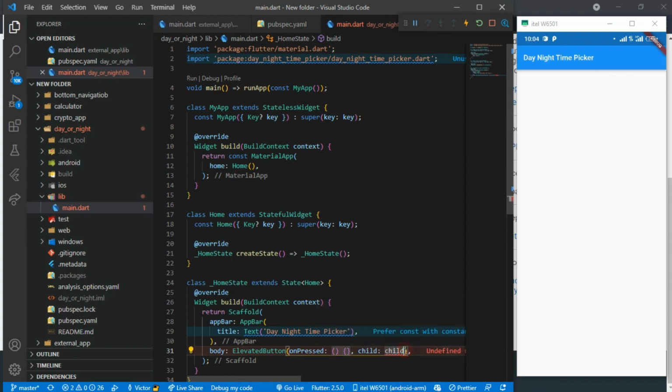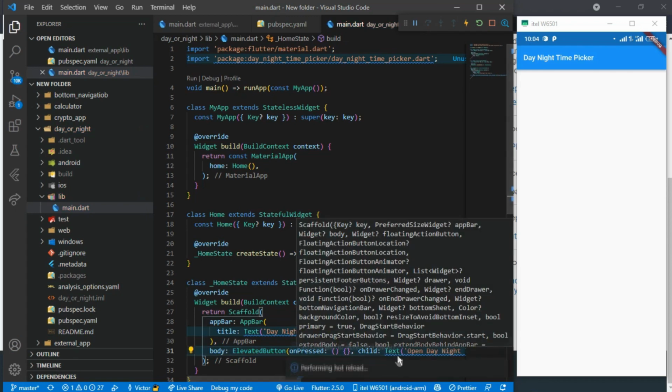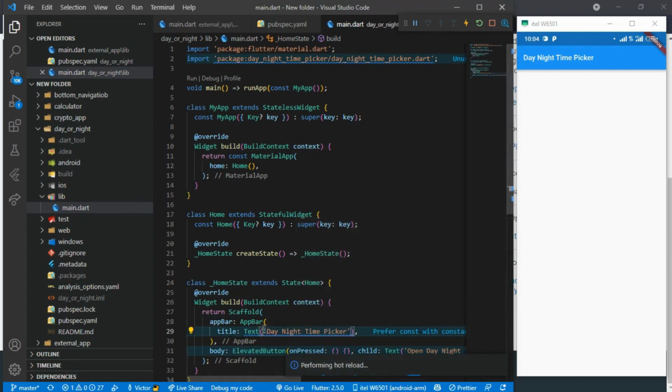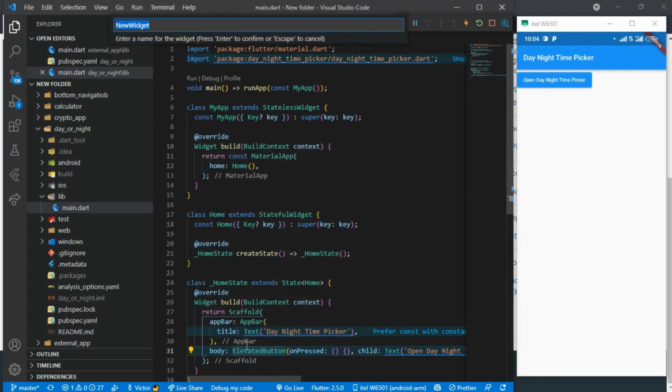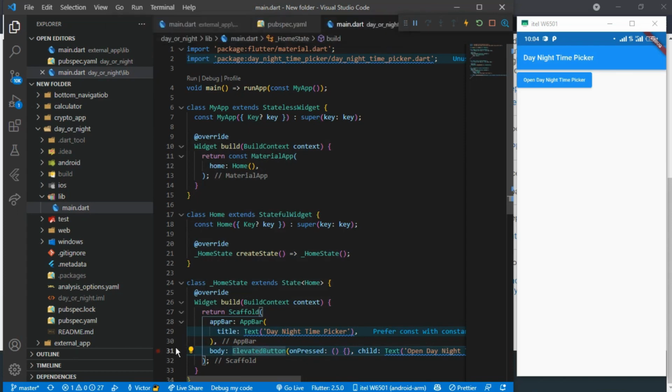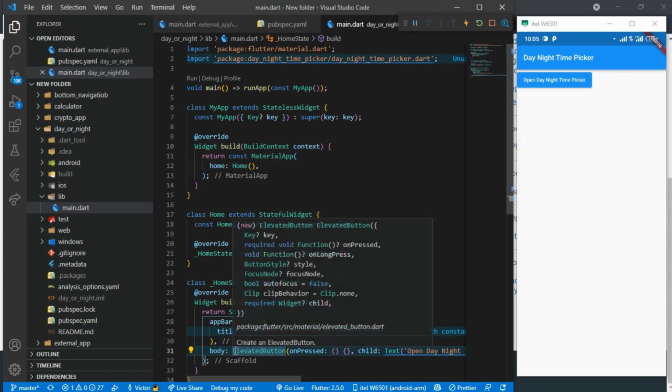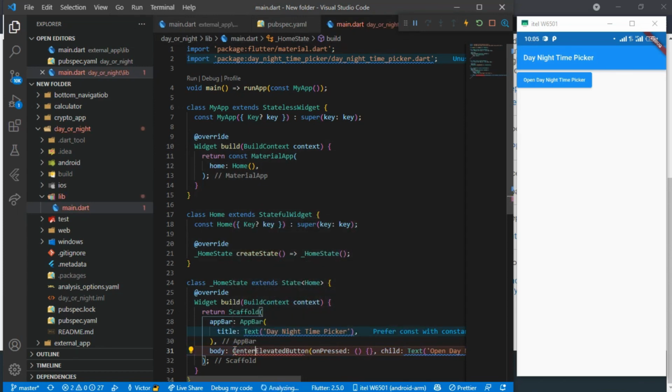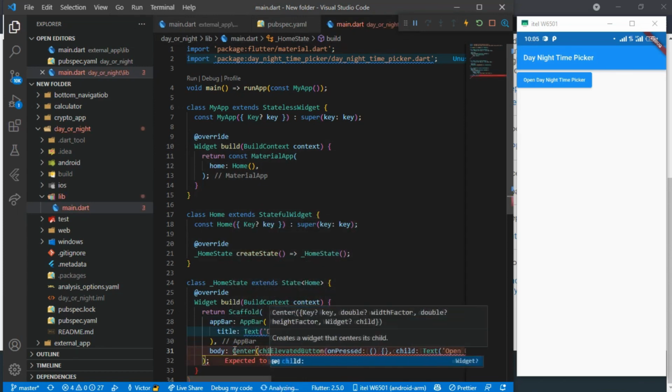The child will be a text which is this: open the day night time picker, and I will center this button to look fresh. Oh, why is this happening? Center child is this, so